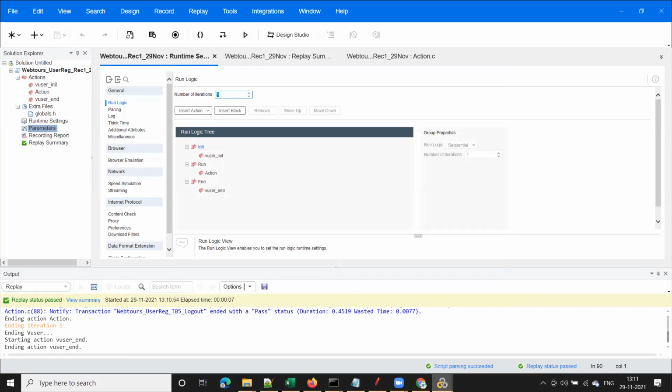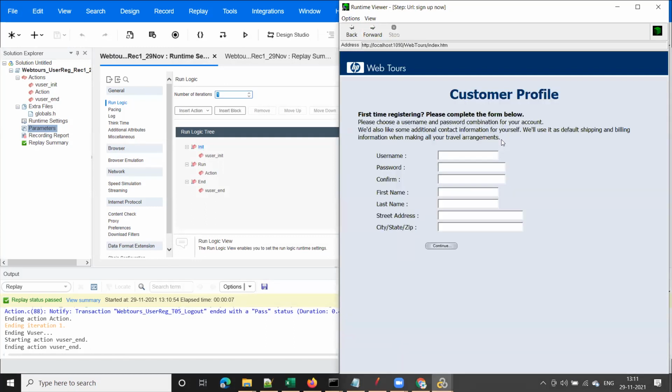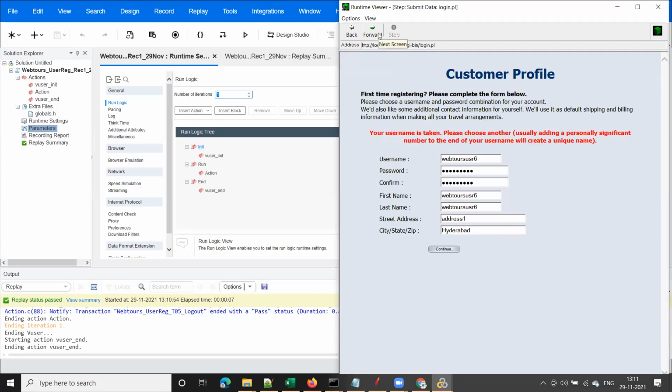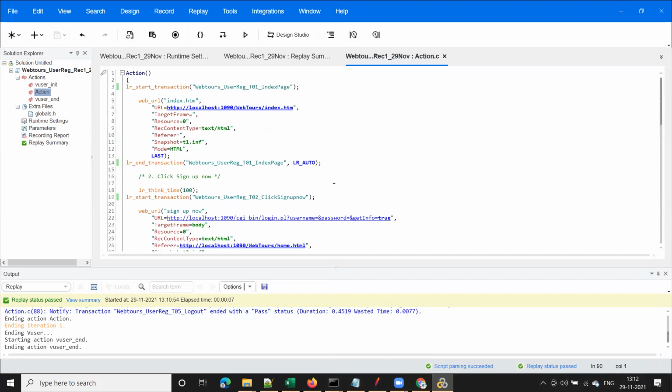Now, see, what does this runtime viewer show you? See here, click on this back button to go to, this is the first page. Now, if you click on next, right, this is user registration page. Once you click on sign up now, this is the page that you get, right? Yes. And now again, see here, once I click on forward, it is showing here clearly your username is taken. Means because Web2's user 6 is already registered. Already used, your username. So it is displaying an error message here, isn't it? Right? So runtime viewer will show you what is happening in the browser. I mean, what is the output of each request, right? So you can see that in the runtime viewer.